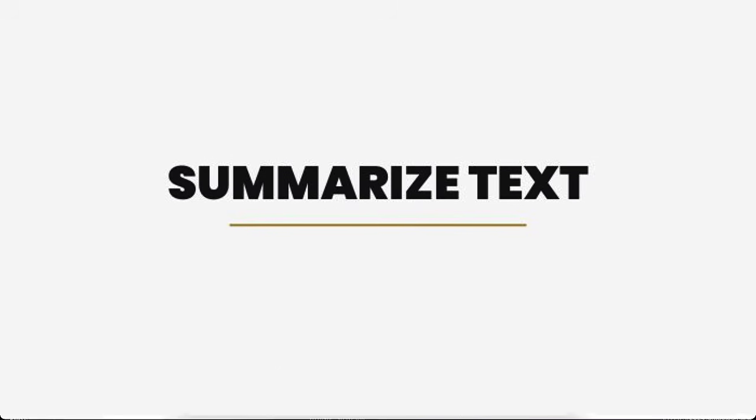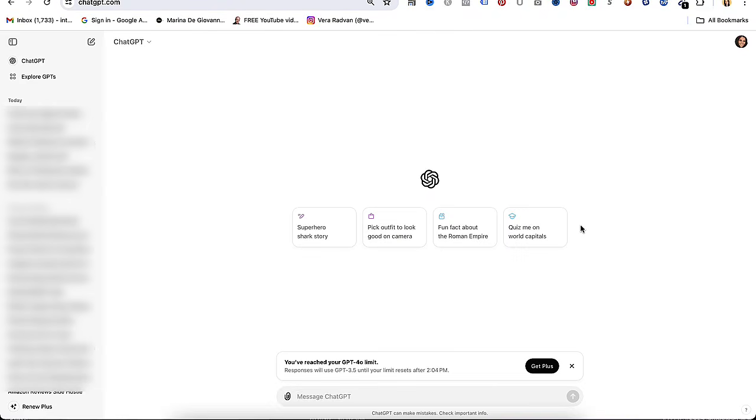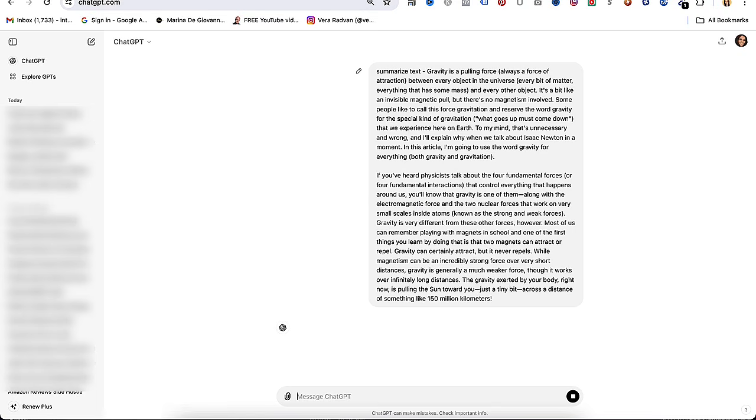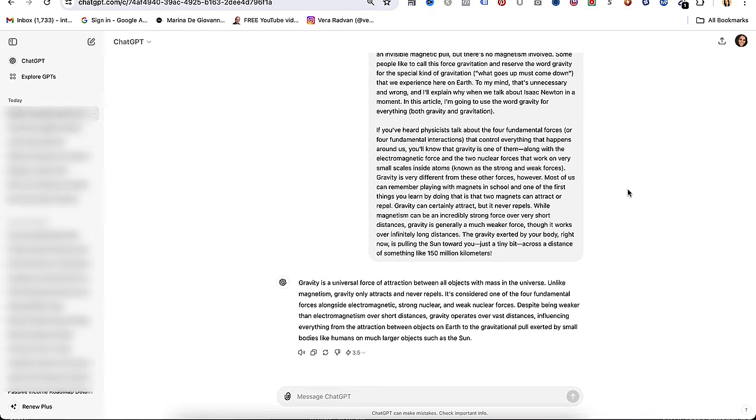The next command is summarize text. And what's great about ChatGPT is that it can take a long text and make it a more concise piece of text. It's also going to help you with comprehending the text a lot easier as well. So go ahead and type your prompt, which is summarize text. Enter the text that you want to summarize. So I did what is gravity, and it automatically condensed all of this down to a few sentences that I could read and